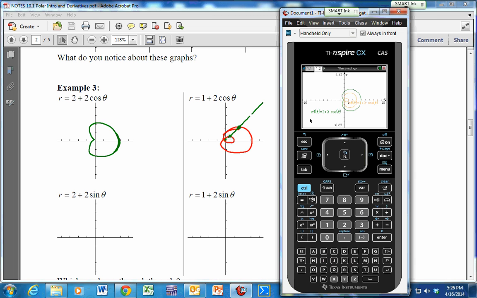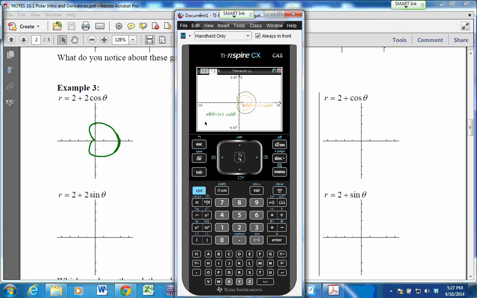Okay, so let's look at the last graph, which is 2 plus cosine theta. So I'm going to go ahead and graph it on here, and hopefully we can see it pretty well. Nice thing is we have the different colors, so that definitely helps. So let me move the equations here a little bit. So 2 plus cosine theta is in kind of a darker red, probably really hard to see on there, but